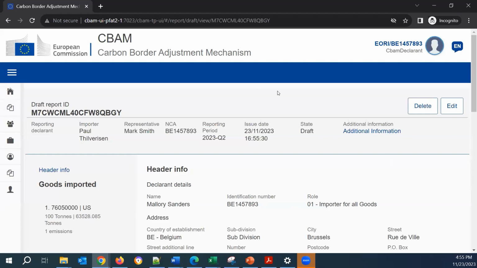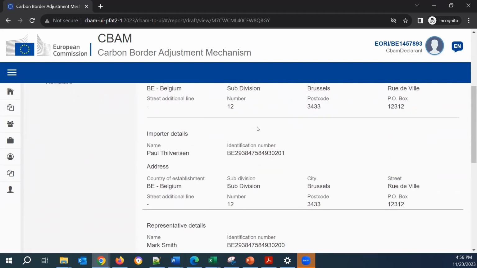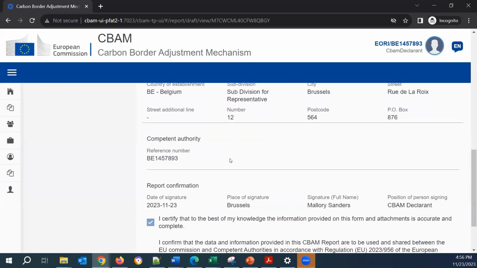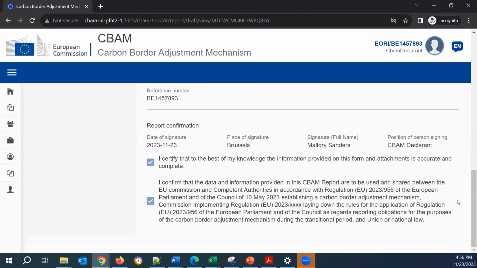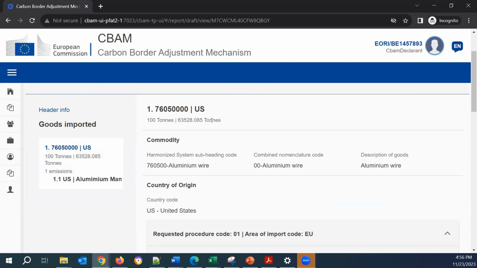This is the view mode, as you can see here. So you have the header information, the declarant, the importer details, the representative details, the competent authority, the signatures are also inside the XML. And if we click on the good item, we can see also the HS code and the CN code.